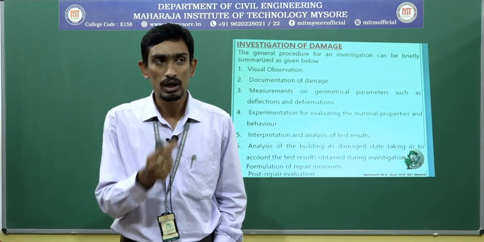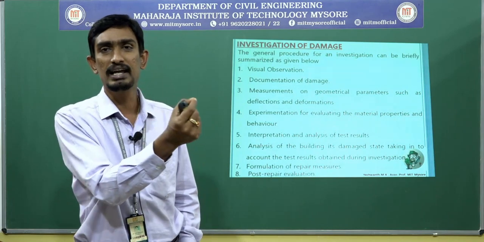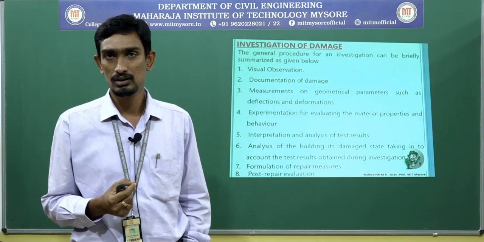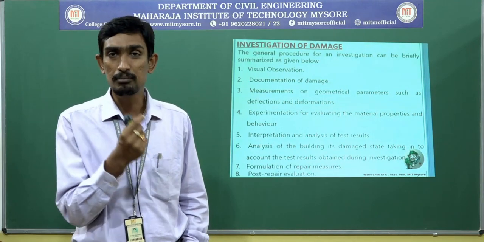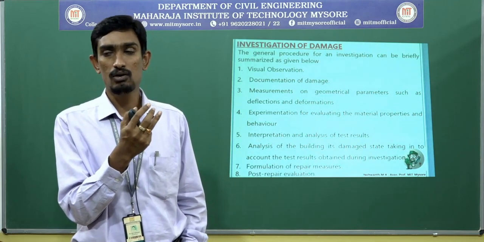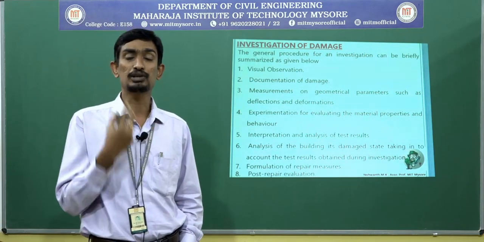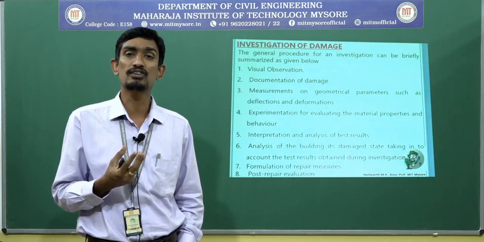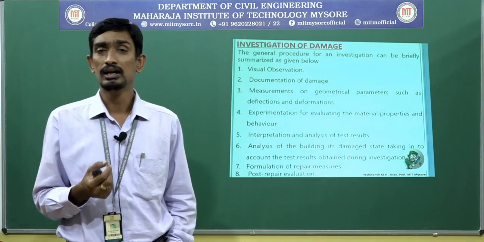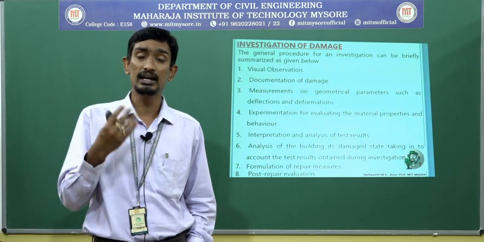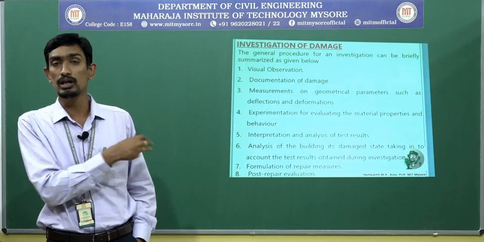And the next thing I have told you regarding the cover. What is the cover that has been given? What is the reinforcement diameter, the bar diameter, that has been given? What is the number of bars? You cannot see that, but if there is any damage, that means if it is exposed or the spalling of concrete has happened, you can see. Otherwise, you cannot see or identify the number of bars. That is another technique which I am going to do in the next step.